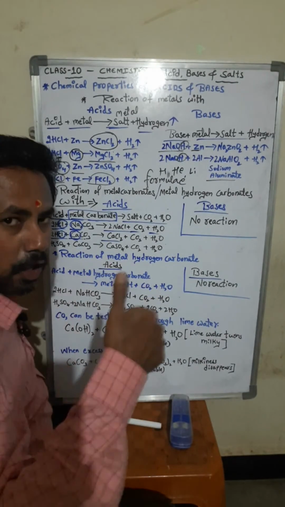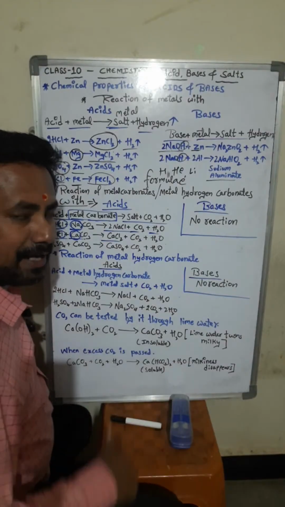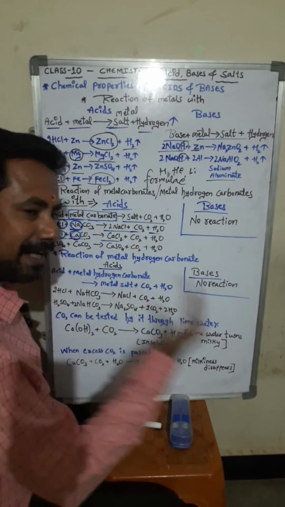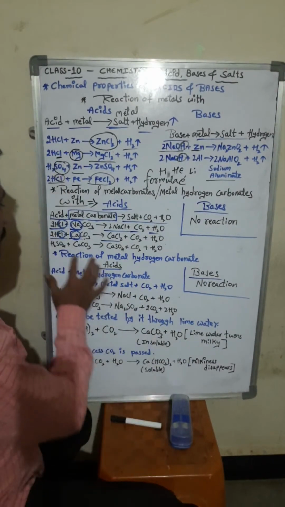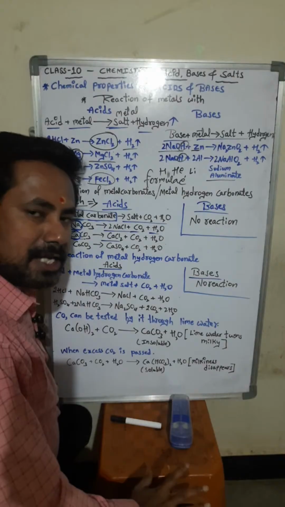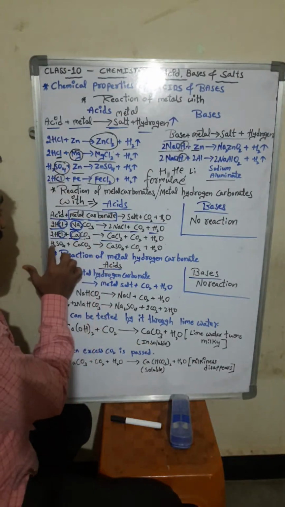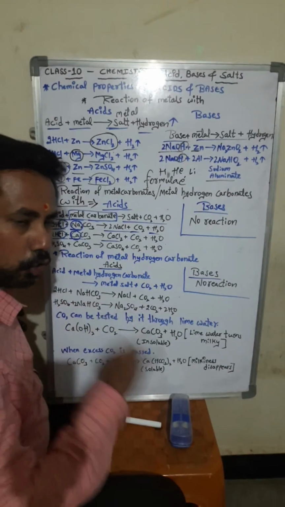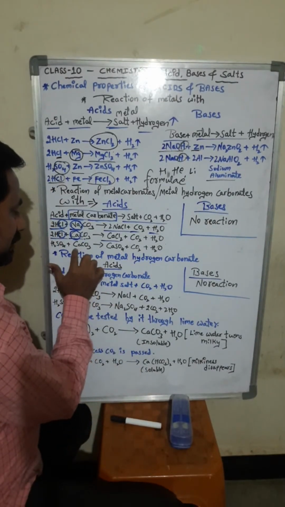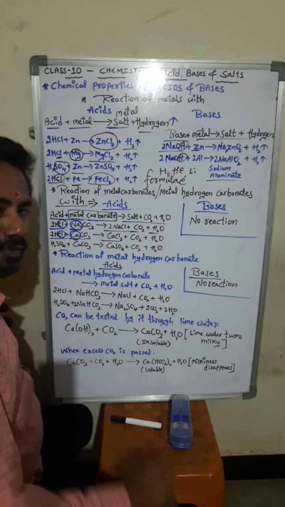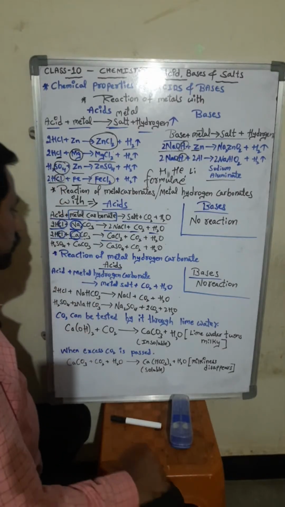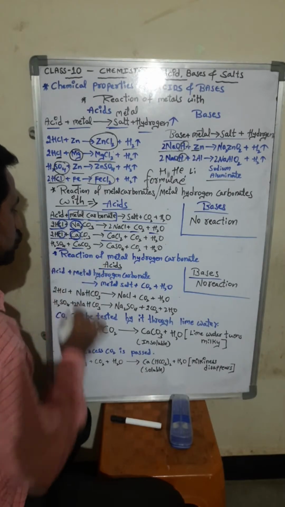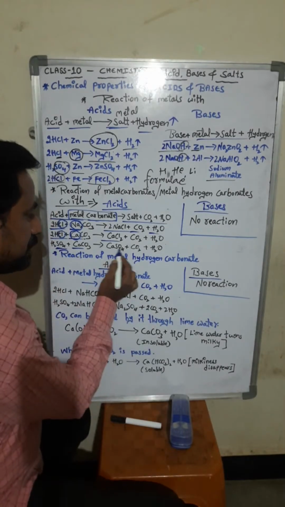Next. King of the acid, sulfuric acid, hydrogen sulfate, H2SO4, acid reacting with metal carbonate, CaCO3, calcium carbonate, same but the acid is different. CaCO3 reacted with HCl, hydrochloric acid. Here calcium carbonate is reacting with the king of the acid, H2SO4. So again the same, this calcium will combine with SO4. So calcium sulfate,